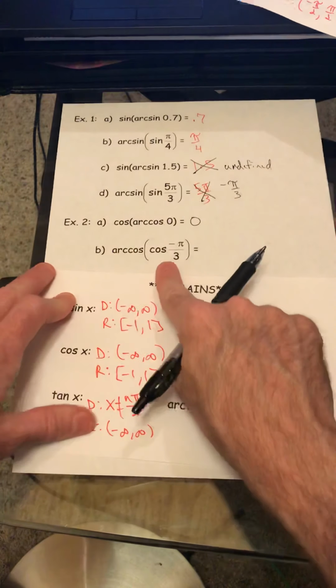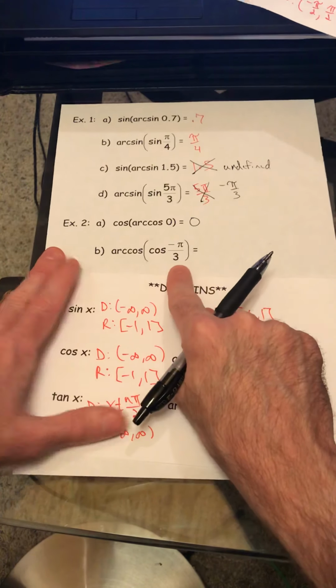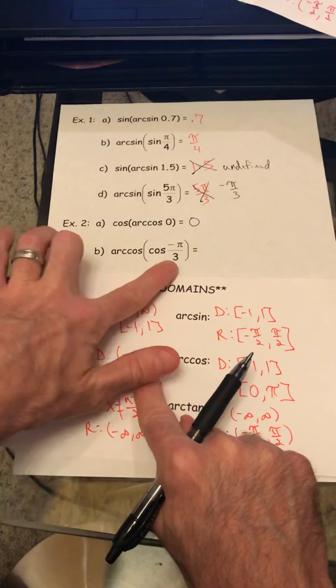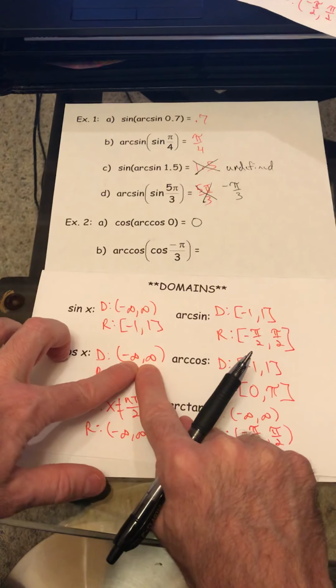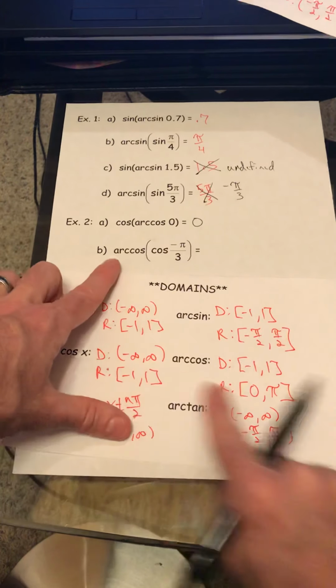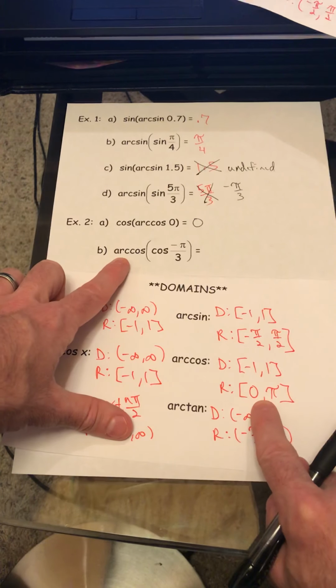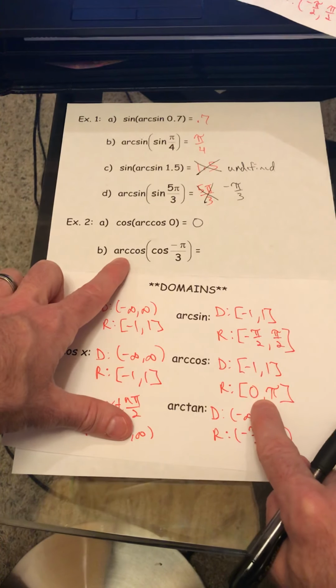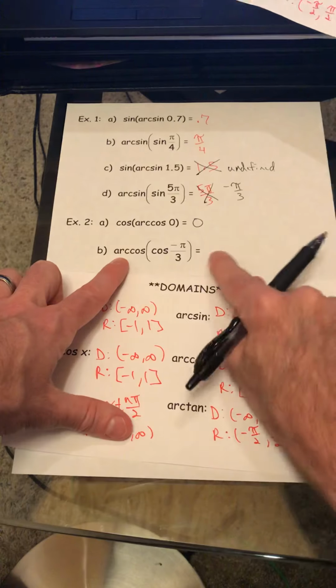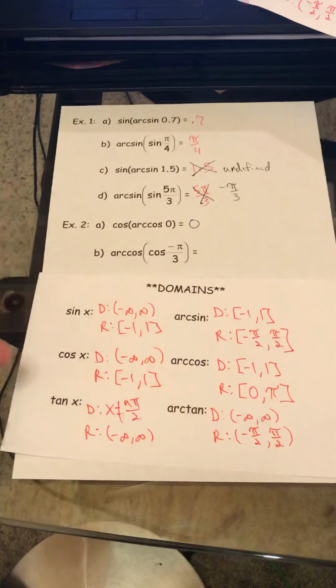All right, arc cosine of cosine of negative pi over 3. Well, negative pi over 3 is in cosine's domain. When you look, is it in arc cosine's range? It unfortunately isn't. So again, it's not just negative pi over 3. What we have to do,